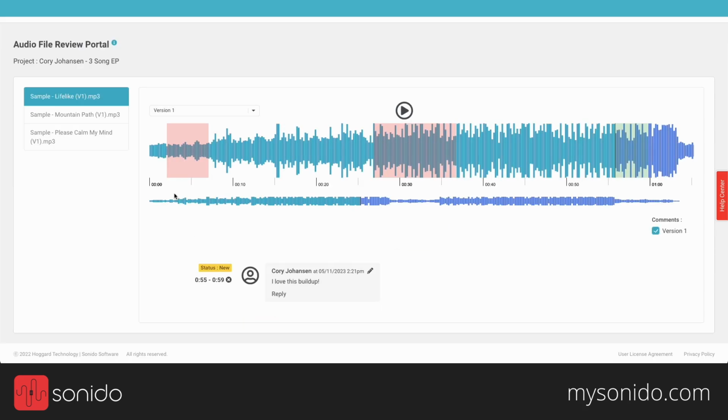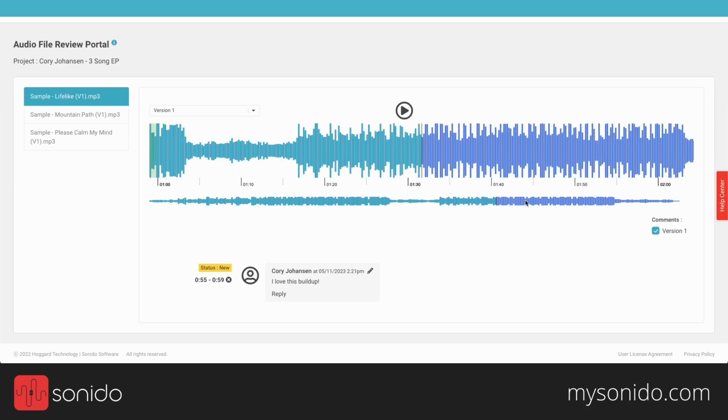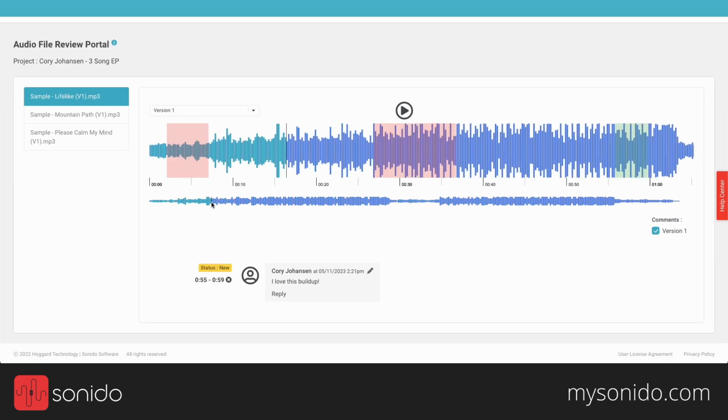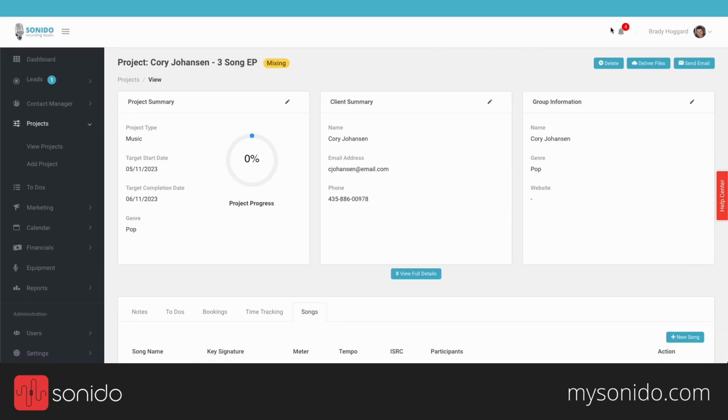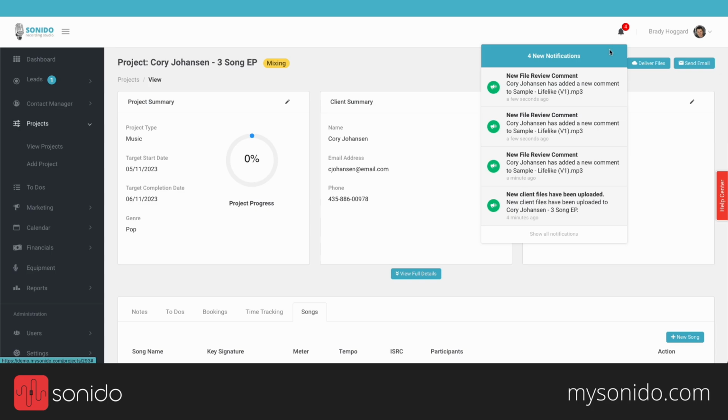All right, so Corey's gone through each individual track and he's added all the comments that he wants to add. He can fast forward here and see the other parts of the track as well. What about you? What about the studio side? Well, as the studio, you get immediate notifications as soon as Corey adds comments. If we come back here into Sonido and look at your notifications in the top screen,